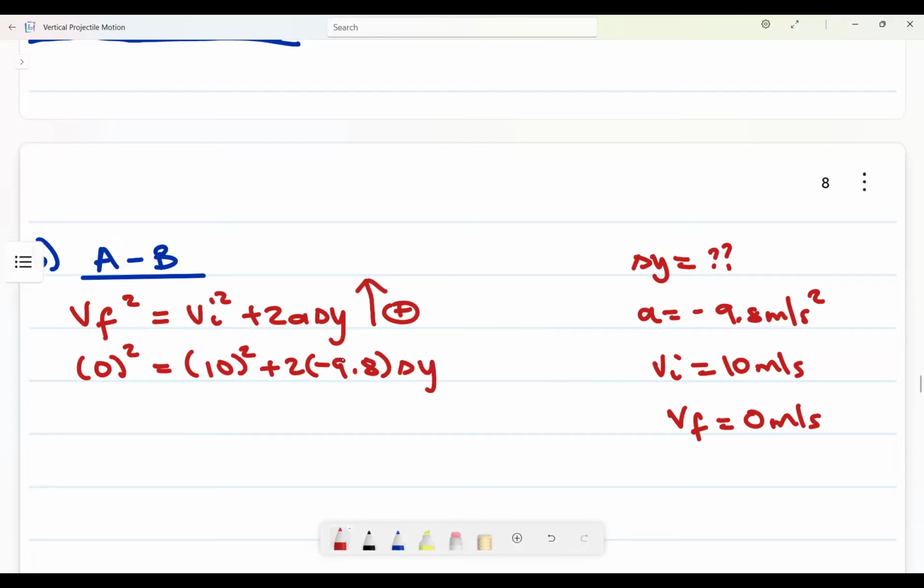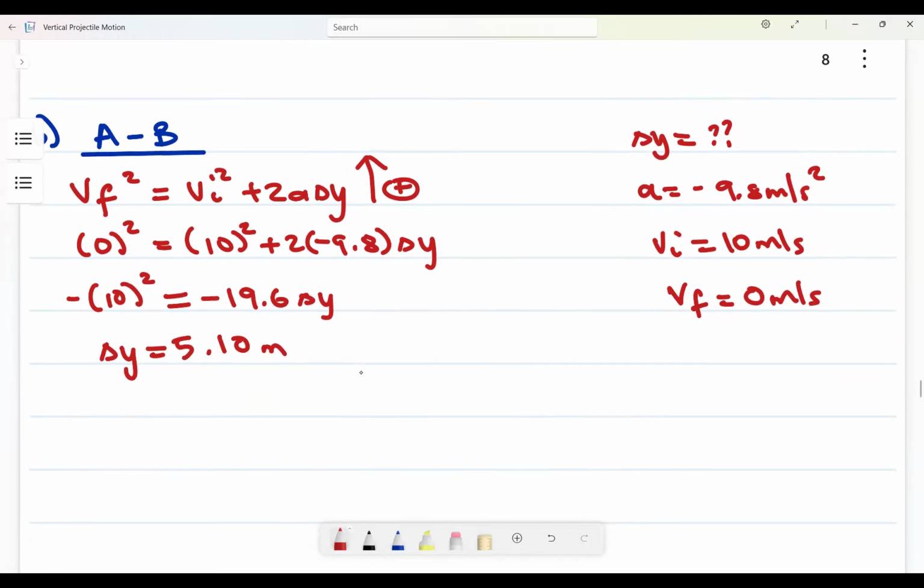I don't know. I come and take this negative. Can you see what I do? Negative, but the bracket is still there. It is equal to 2 multiplied by negative 9.8, it is negative 19.6, change in Y. Then when I want my change in Y, it is 10 squared divided by 19.6. I get a height of 5.1